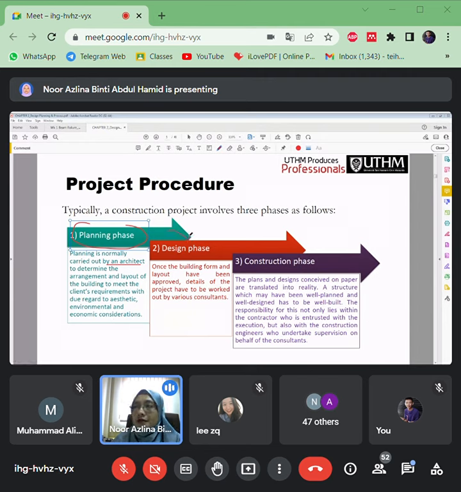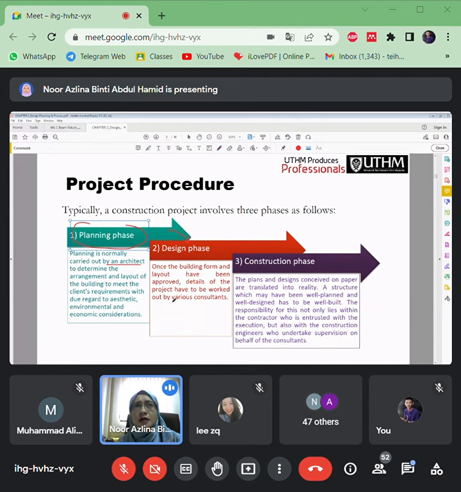Then the second phase, barulah kita. Okay, we as engineers are in the design phase. We have to come up with our structural design, especially for us, civil and structure engineers. While the mechanical and electrical engineers will come up with their own layout, for the plumbing systems and the electrical systems, kan?